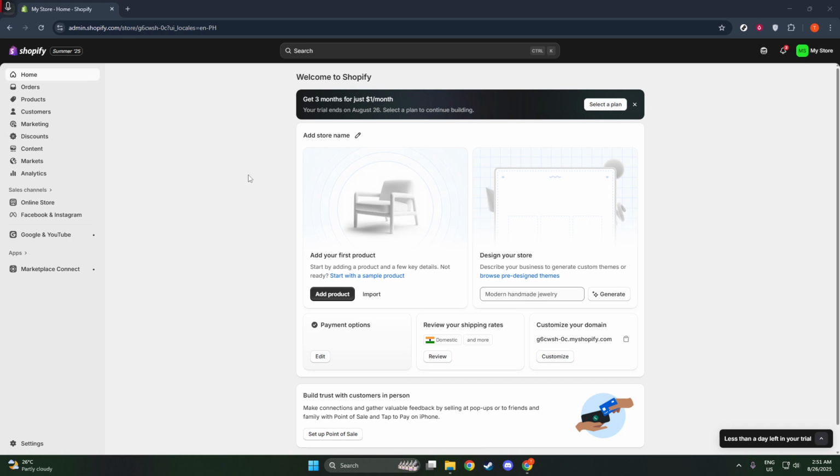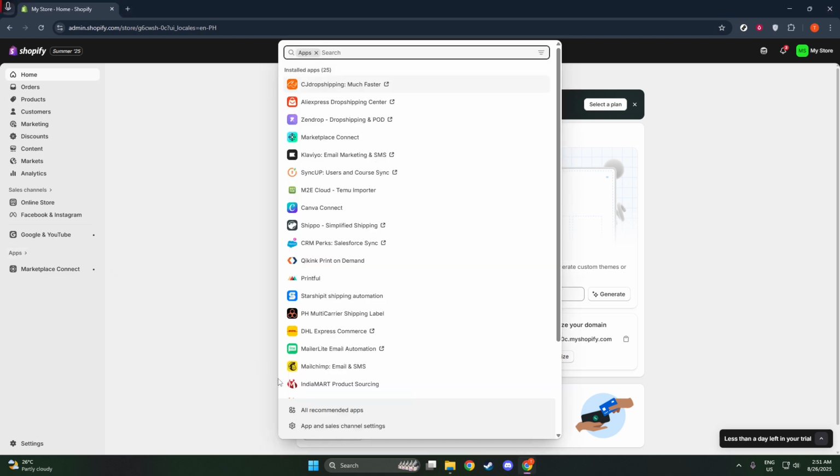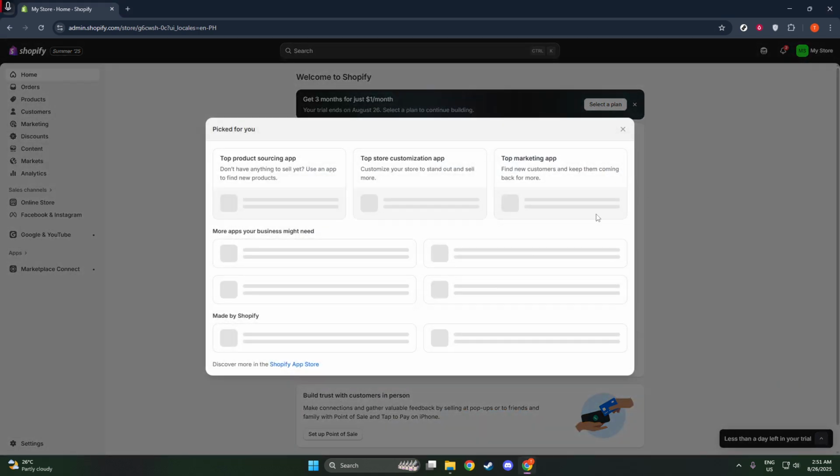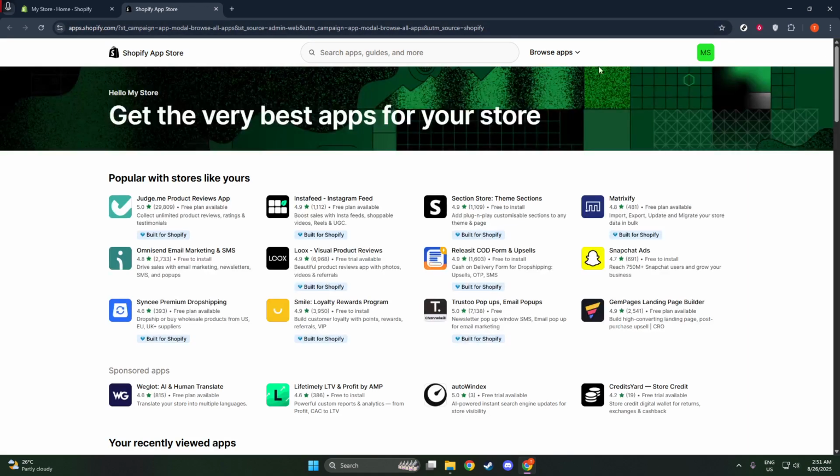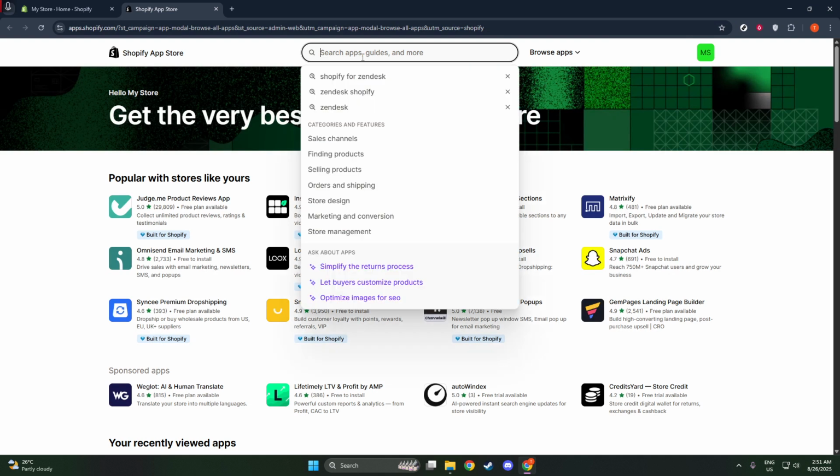Let's begin by accessing the Shopify admin. Once you're logged in, navigate to the main menu and find the Apps section. This area is the gateway to enhancing your store functionalities through various add-ons. Within this section, you'll want to go to the Shopify App Store, which hosts a plethora of applications tailored to